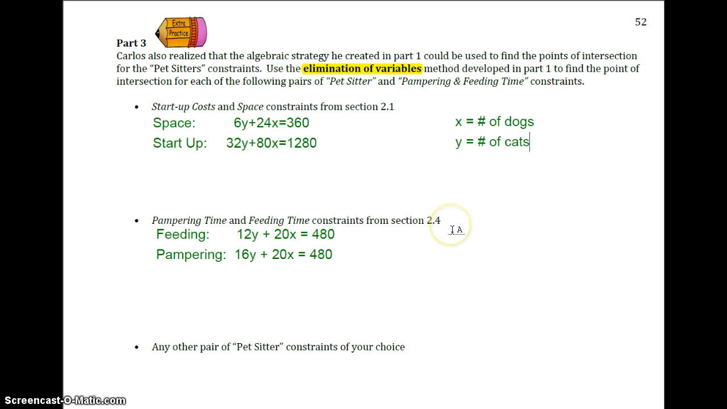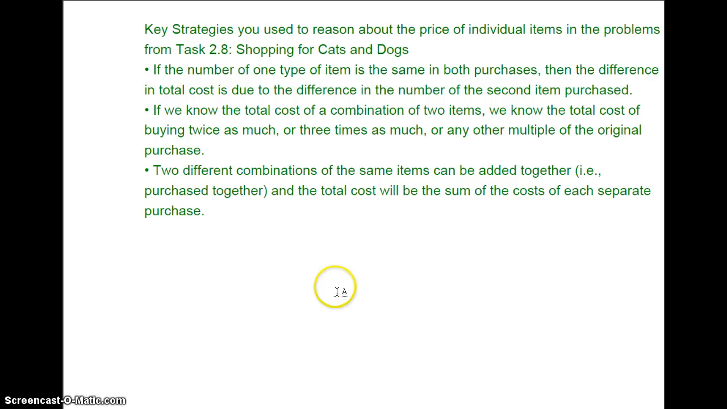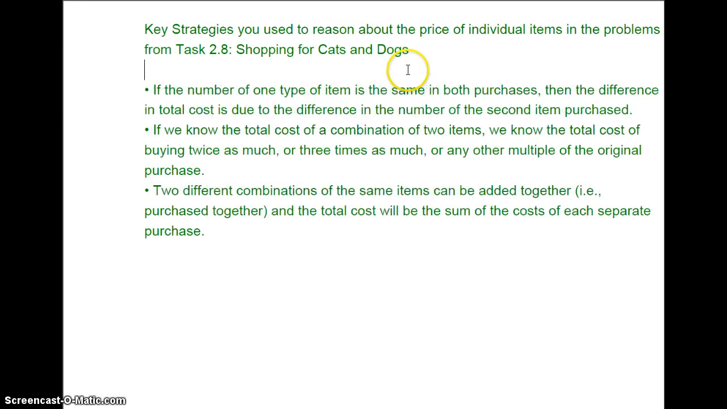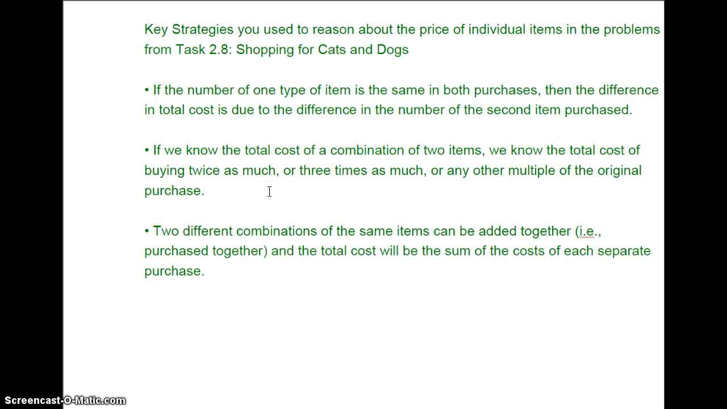So, I want you to solve these again using that elimination method, using our reasoning and our key strategies here from 2.8, shopping for cats and dogs. So please make sure that you are going through